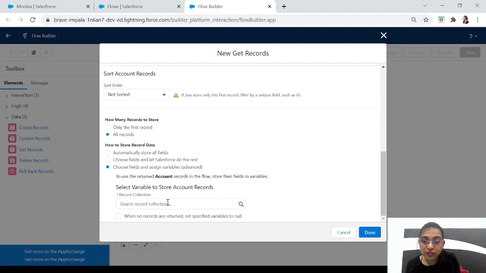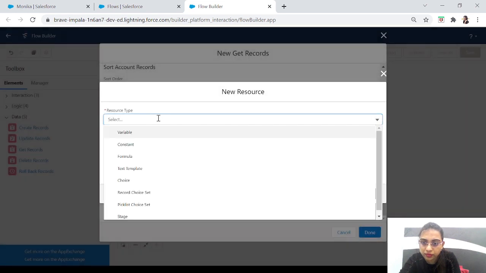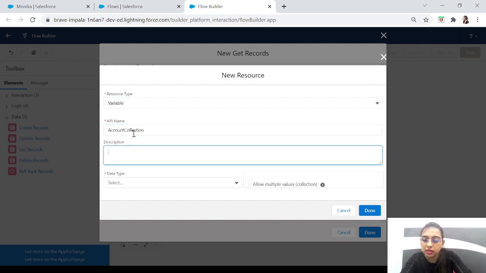And here you have to add your record collection variable. Click on new resource, variable, account collection. Okay, this record variable will store all the accounts.